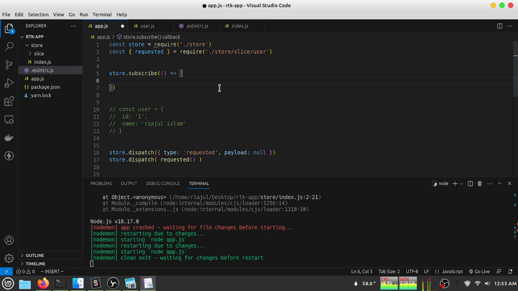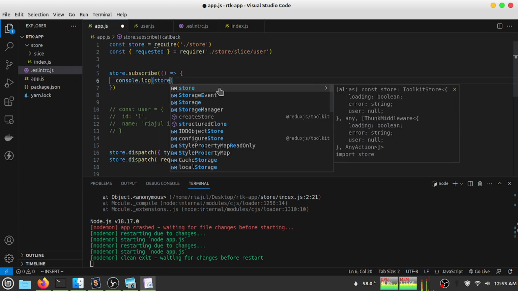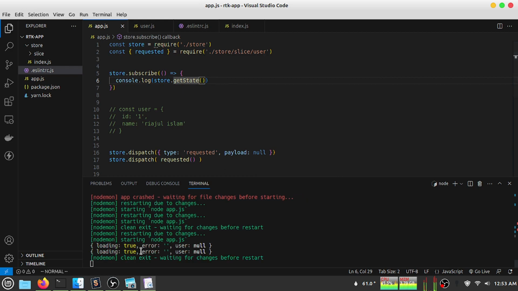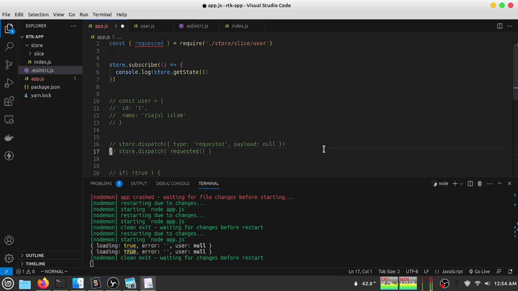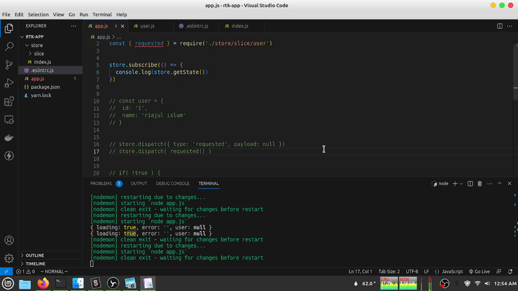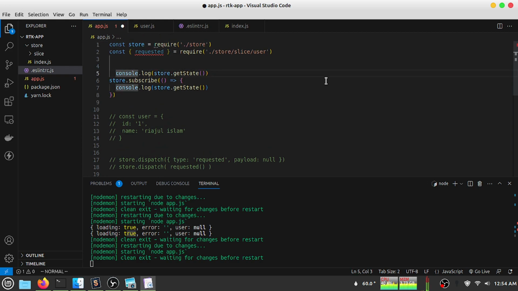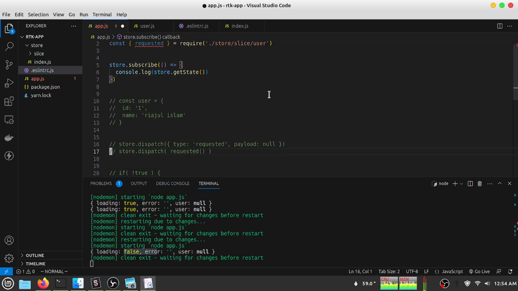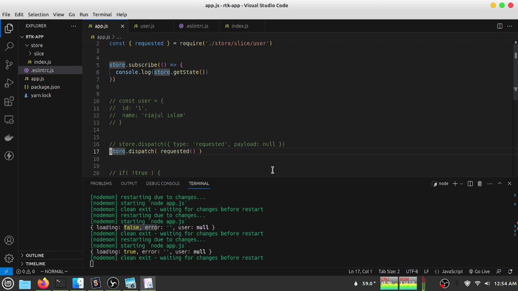the second function is enough. Now I will console log the store dot getState. If I save my file, I can see my loading is now true, because actually let's comment out this line. Actually comment out both. If I do so, I will get nothing, but actually I will get this one. If I type outside, I can see this is my initial value, but let's remove this one, and as soon